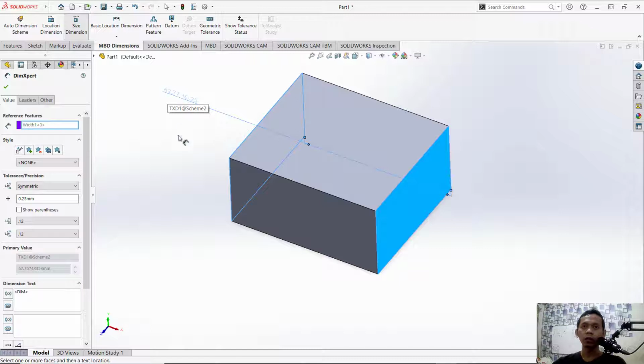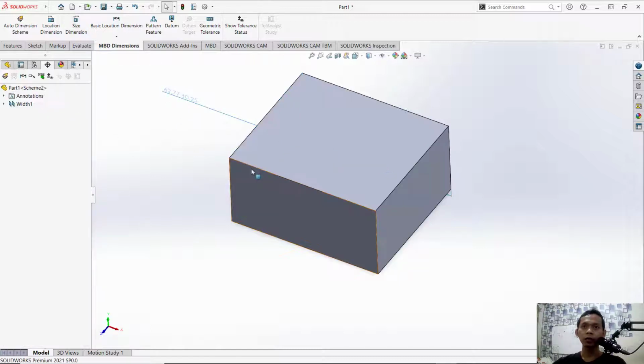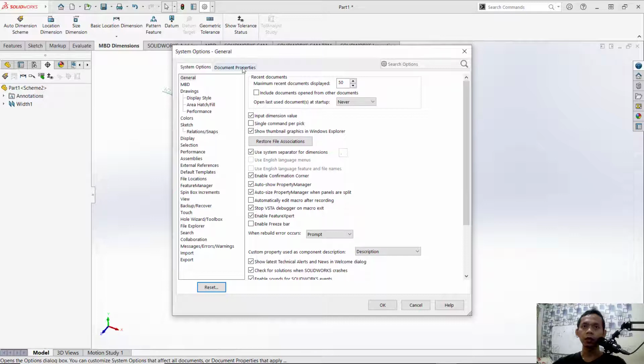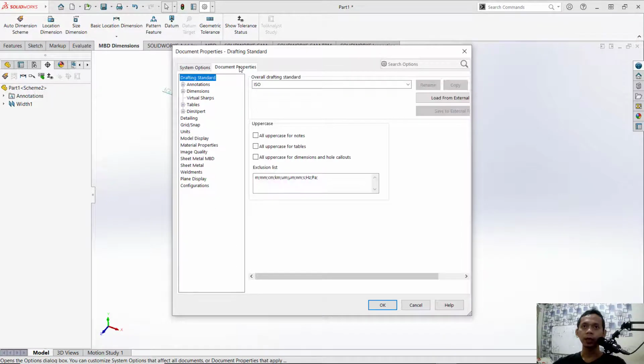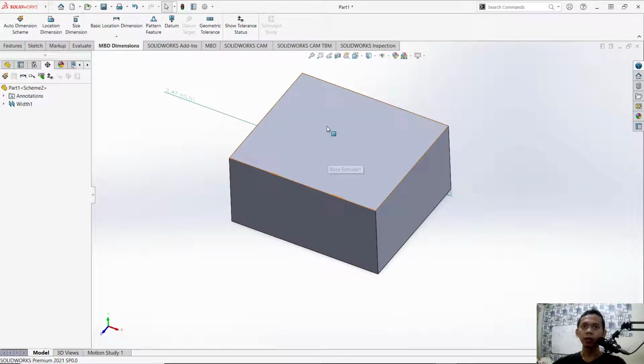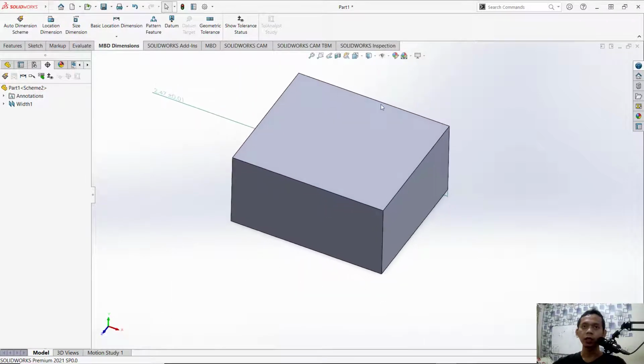62.77 millimeter. So if you want to change this object into inch or other units, you can click this gear icon and you can click the document properties tab. Next click units, and for example we can change into inch, IPS, inch, pound and seconds. You can click OK. So the object will be automatically changed into inch, like about